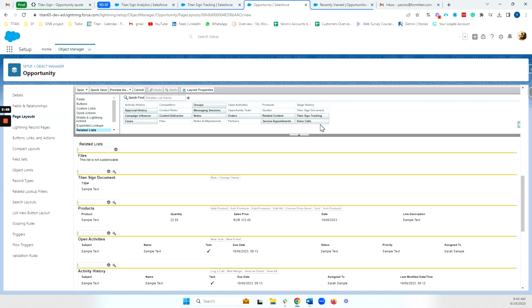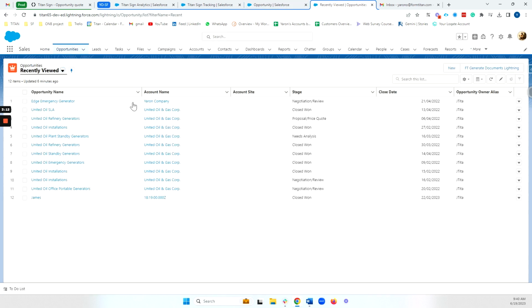The other important note is that for the Titan Sign document, we can relate this as a related list to whatever object you are triggering from. So in my case, it's opportunity, but this can be any object, whether that's a standard or custom object. If I head over to my opportunity,